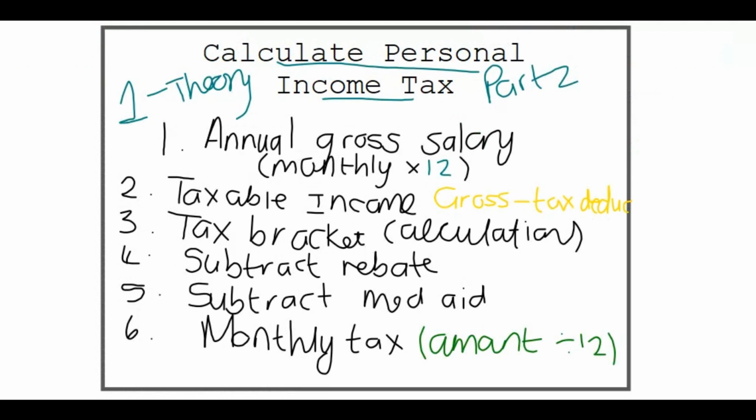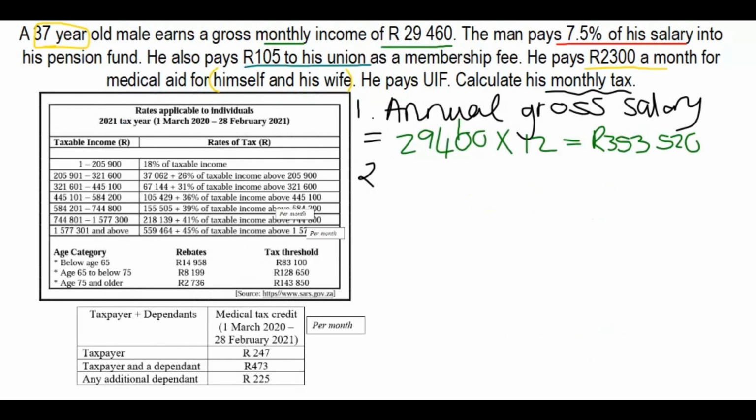Right, then number 2, we now need to find our taxable income, which is your gross salary minus all your taxable deductions. Only the taxable deductions. So in our case, if we want to find our taxable income, I'm going to take that gross salary that I just worked out, that 353,520